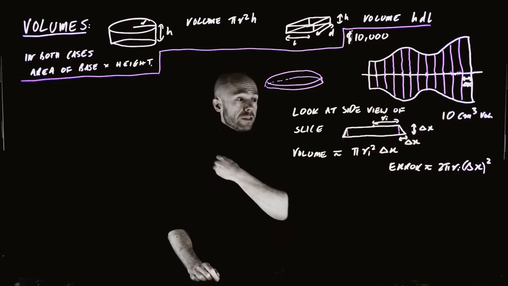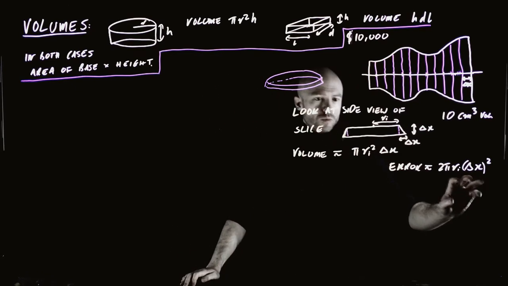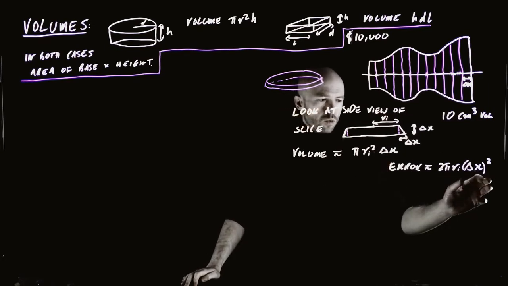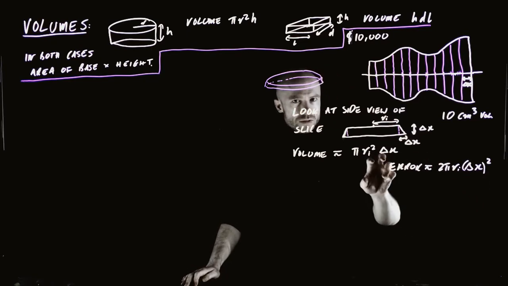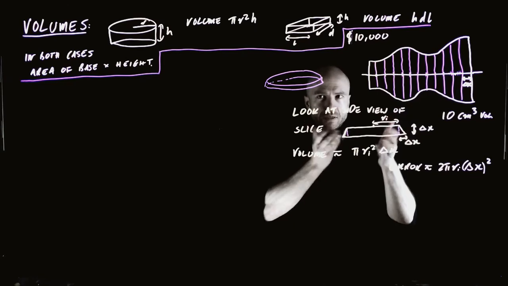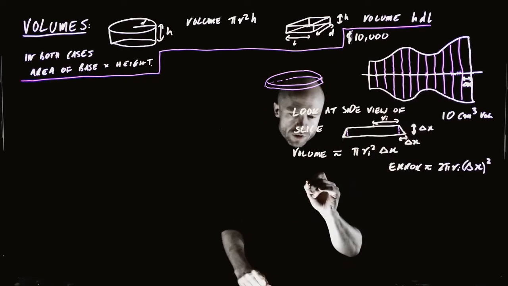And the moral of this is not the exact formula, but just the fact that this is a lot smaller than this, right? Because delta of x is the very small thing. So this thing is way, way, way, way, way smaller than this, which your visualization of this can see. So if we looked at this from above,